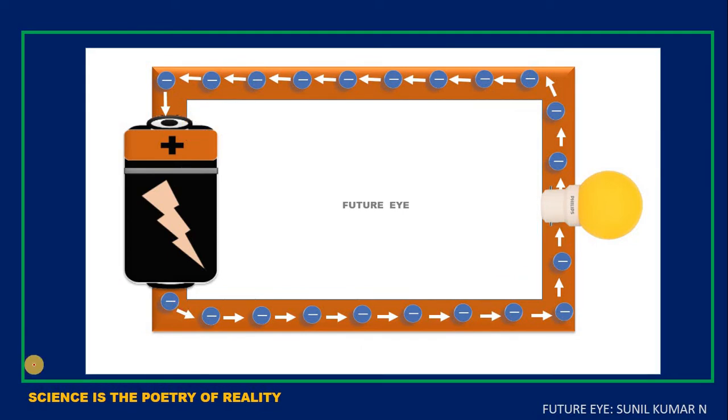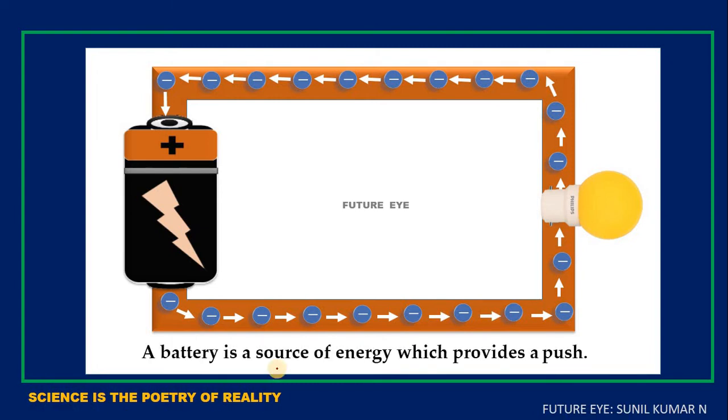In a circuit, the battery will be doing its work. It is the source of energy in the circuit and provides a push to the electrons. When two electrons come nearer, keep it in mind, children, electrons have negative charge, hence repulsion will take place. When they get repelled, they start to go away from each other, hence the electrons start to flow like this. So this constitutes electric current in a circuit. This is the very important thing you wanted to understand.